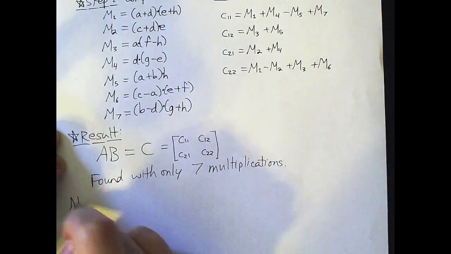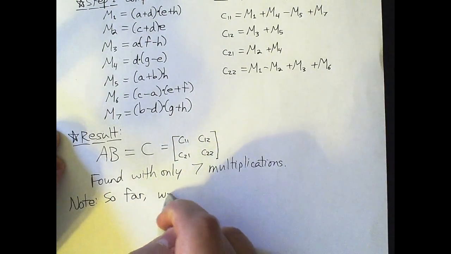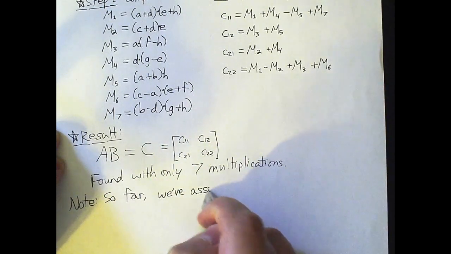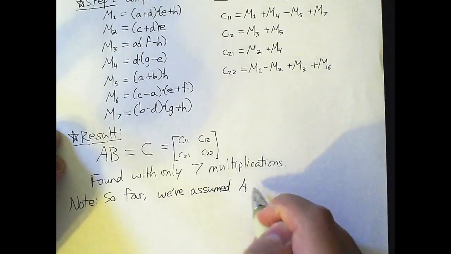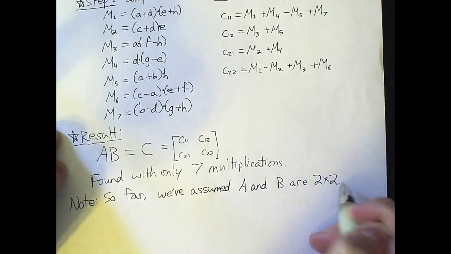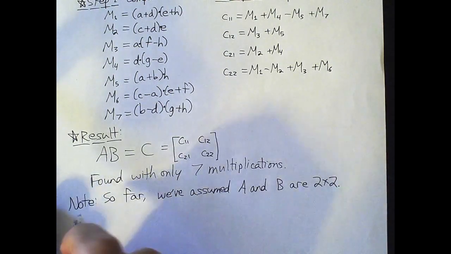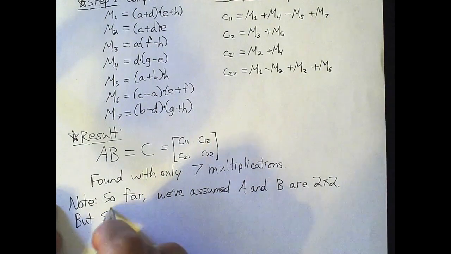Now, note, so far we've assumed that A and B are 2 by 2. And this entire time, you might be thinking, what's the point of doing all this? Multiplying 2 by 2 matrices is pretty easy. We can do it by hand, so a computer should be able to do it really quickly, right? And we did a warm-up problem at the beginning of this lesson, so we know how to multiply 2 by 2 matrices very fast. Well, it turns out that Strassen's algorithm